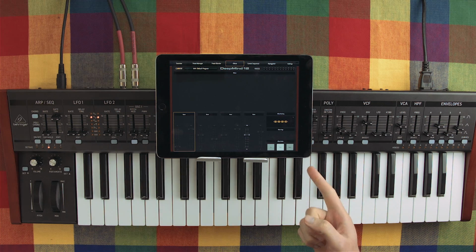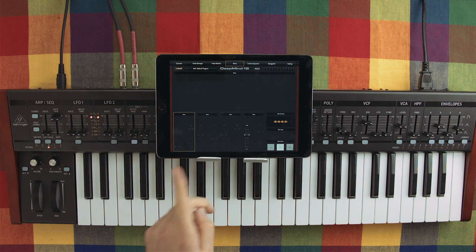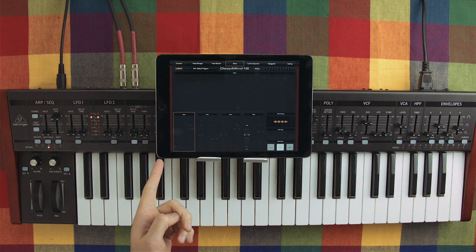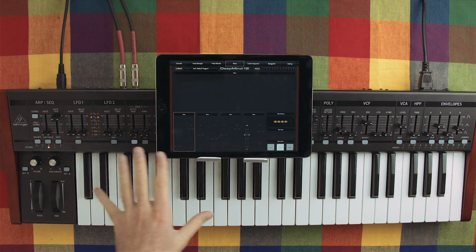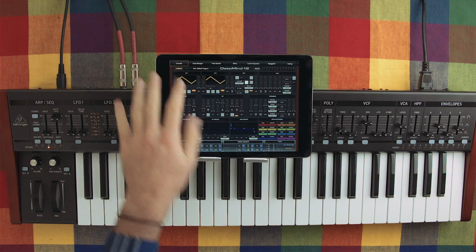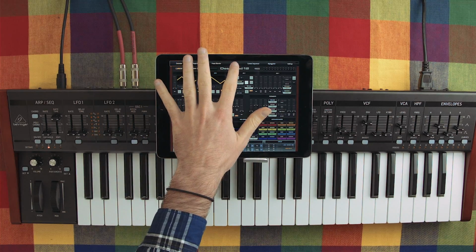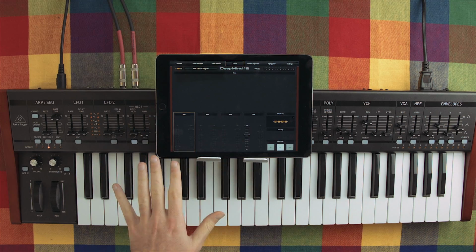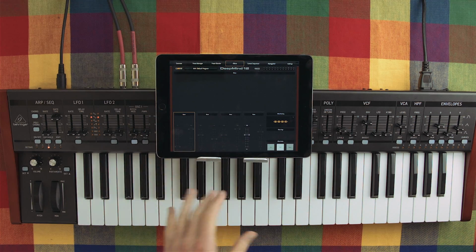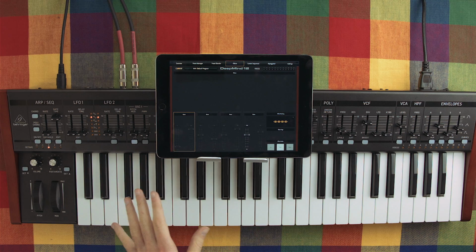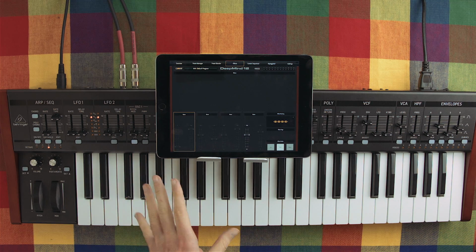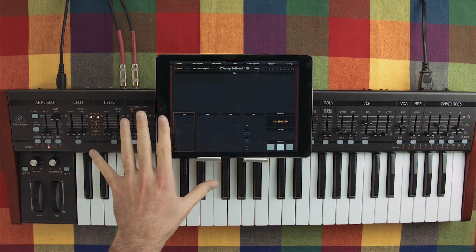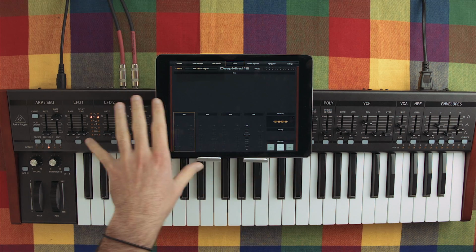As you can see in the middle here, I have an iPad connected via Wi-Fi. There's an iPad app that comes with the Deepmind. It gives you access to all the controls of the synth. I'm just going to be focusing on the effects section for now. Everything I'm going to be doing is accessible via the synth directly, so you don't need an iPad app. I'm just using it here because there's a nicer interface and you can see the graphical representation of